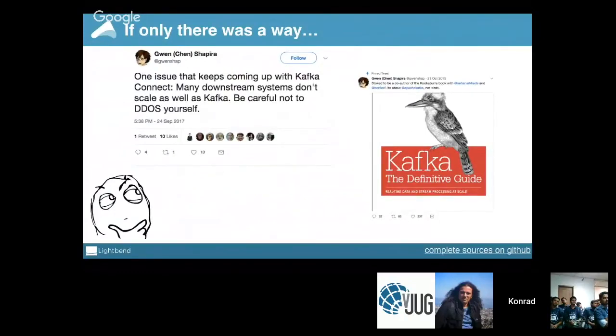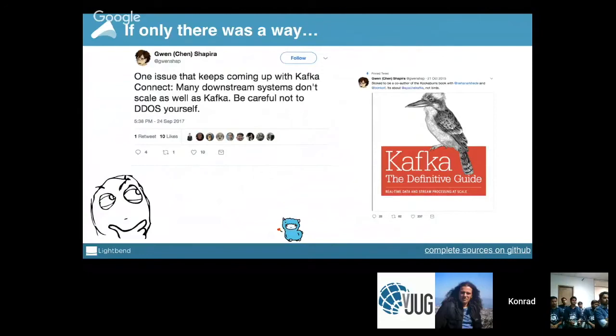This is exactly what we've been seeing for years in Akka-based systems, and the same applies to Kafka. Kafka scales well, Akka scales well, some other systems don't, and then we just start killing other systems. And that's